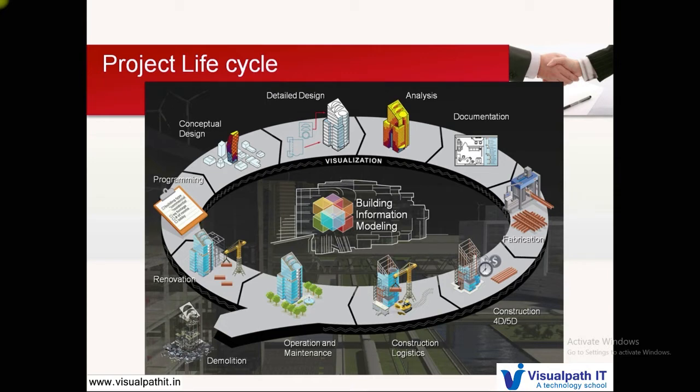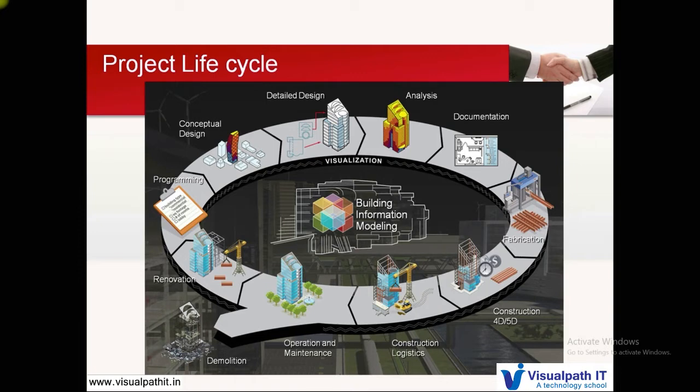Again, I'm not talking about a very small house. I'm talking about a larger scale. Revit will be useful in a larger scale. For smaller scale for individual persons it will be useful, but the operation and maintenance part, the whole BIM process, will be useful only in the large scale, large scale towers, multinational towers, like the Burj Dubai and all, where a lot of maintenance is going to happen.